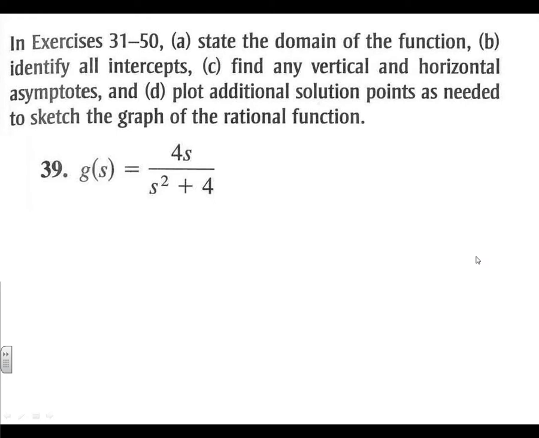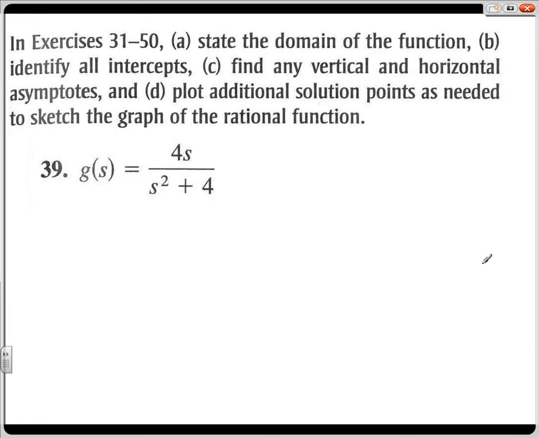All right, here we go. Let's take a look. Let's state the domain right off the bat here. We're going to say, for part A, s squared plus 4 does not equal 0. S squared does not equal negative 4. And so the only thing we got here is plus or minus 2i, imaginary numbers. We're graphing this in the real number plane, so there are no places where it's not going to work. And so anything we plug in for s will work, and so the domain is going to be all reals, knowing that there's a couple imaginary numbers where it doesn't work, plus or minus 2i,